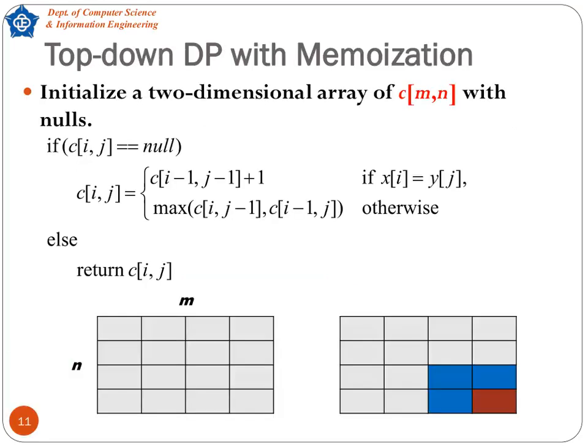Building on that insight, we now turn to a top-down dynamic programming approach with memoization for computing sequence similarities. First, we allocate an m times n table C and initialize every entry to null. Then, whenever we request C[i, j], we check. If it's still null, we compute it. If x and y match, we set C[i, j] equals C[i-1, j-1] plus 1. Otherwise, we take the maximum of C[i, j-1] and C[i-1, j]. Once computed, each value is stored in C so that any future call for C[i, j] simply returns the memoized result,